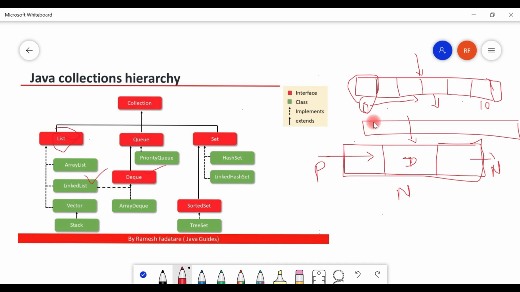All right, so this proves that linked list consumes a little bit more memory than array list. These are the few key differences. Let me recap the differences. In case of structure,